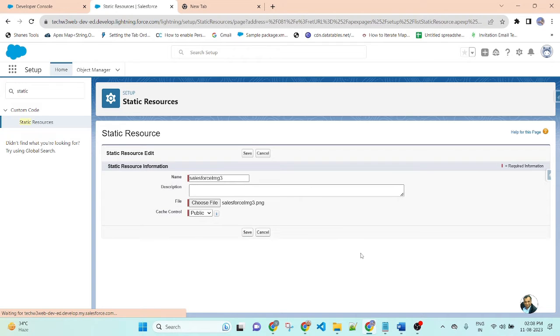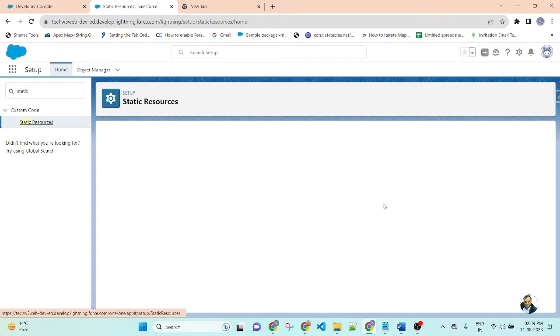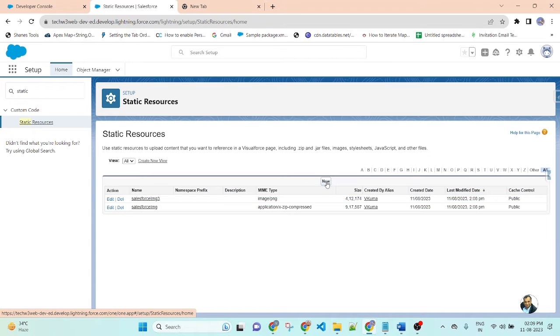So I will display the static resource image in the Aura component in 2 ways. First I will display from the zip file. Second I will display from the direct image. So I can insert one record. Here I upload one image. Now I am uploading another image.